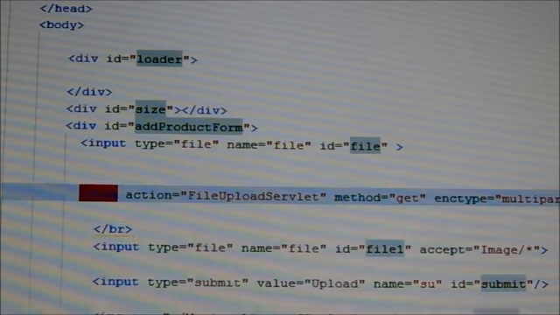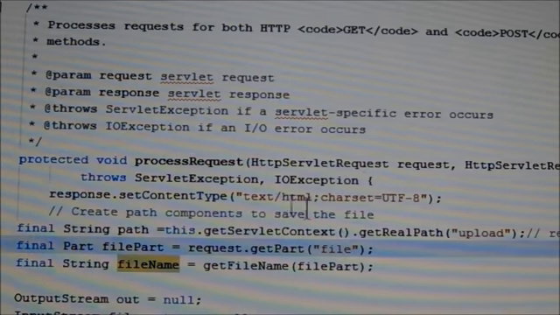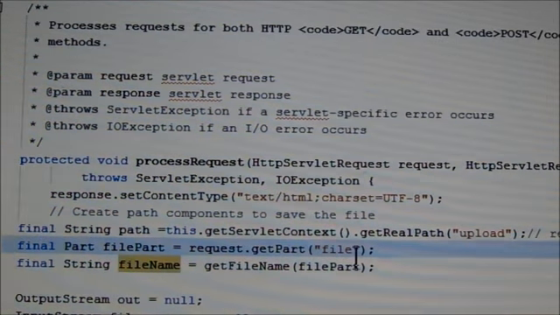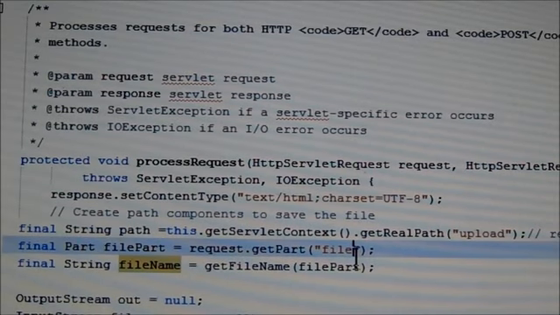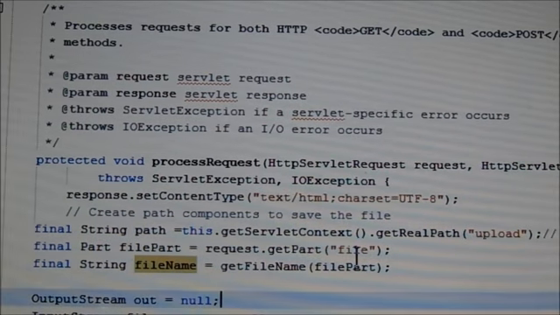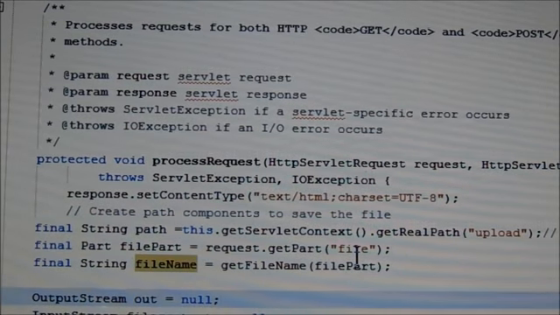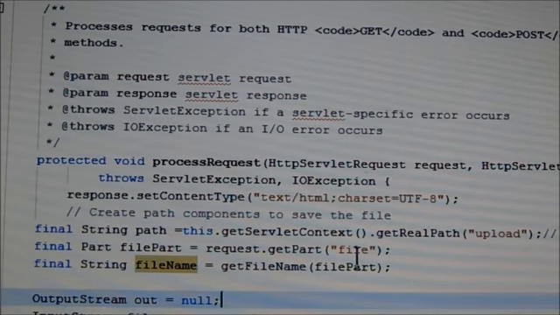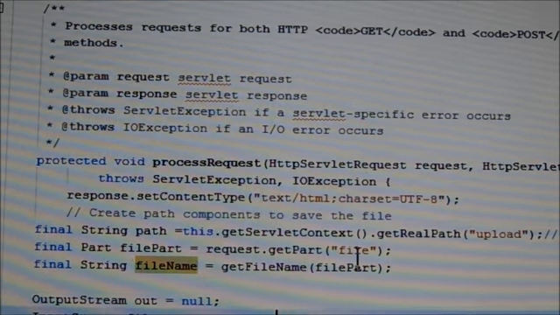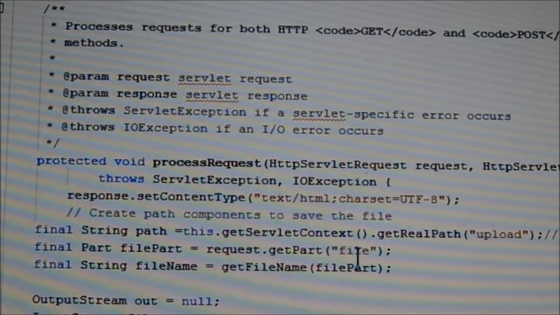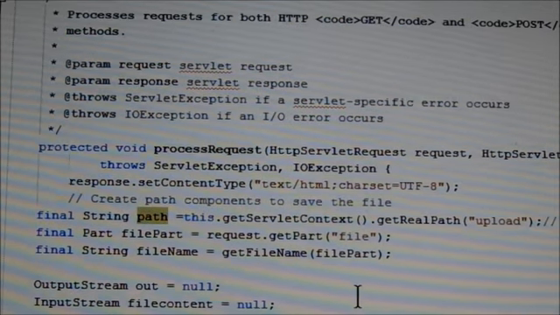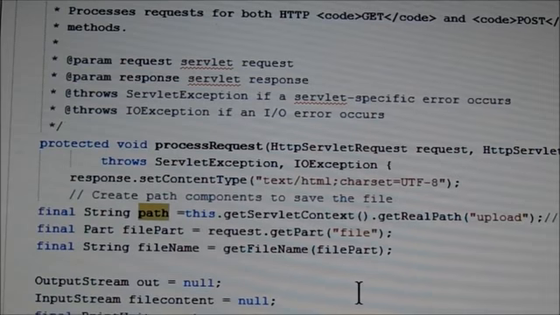Then this part can be accessed by the servlet Part, request.getPart equal to file, and another variable is String fileName. getFileName is the method that returns the file name of the selected file. And we declare OutputStream out equal to null, InputStream also, and we create a PrintWriter object.